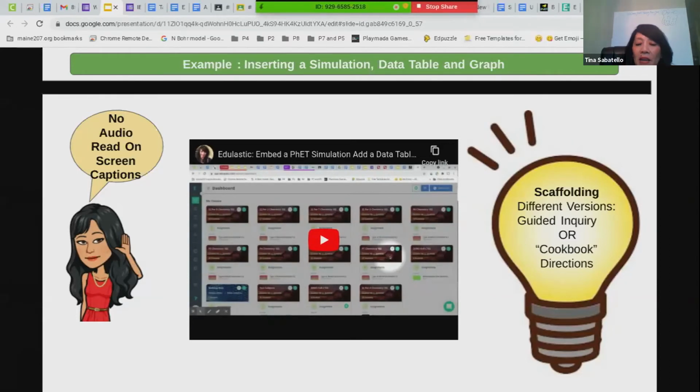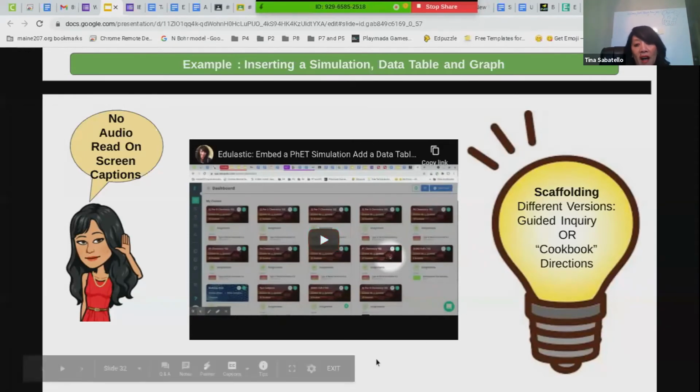I add a data table and the graph for kids to graph in the first quadrant. And then you could do things like scaffold. You can give them cookbook directions with the recipe, with the directions for the simulation, or say, hey, we're investigating the relationship between the concentration of a solution and how much light it absorbs. Here, use the simulation, use these set of concentrations of solutions, and make a claim and support your claim with evidence. And there you have your claims evidence reasoning you could do as well. So it's on my next slide.